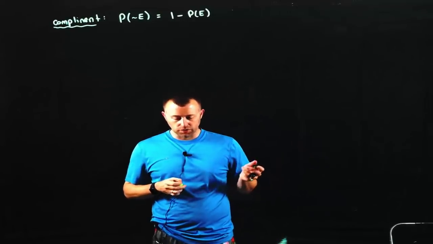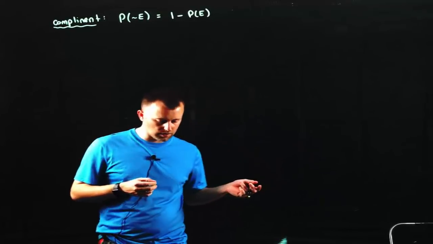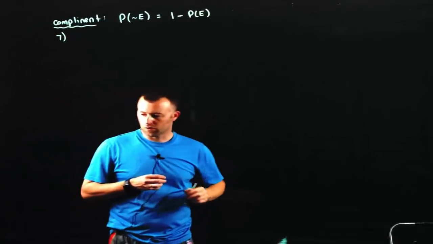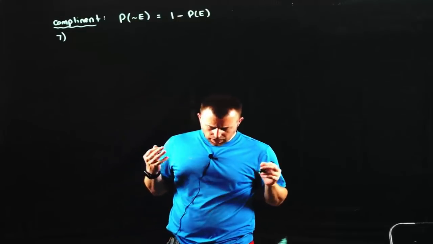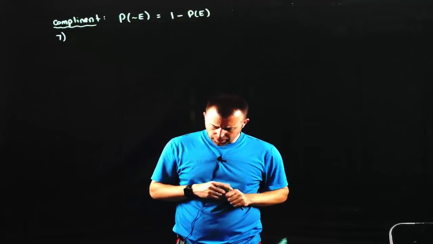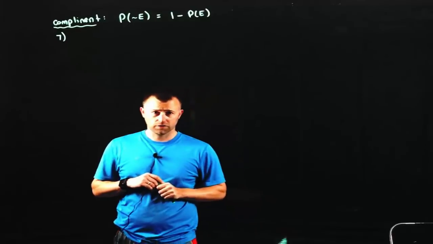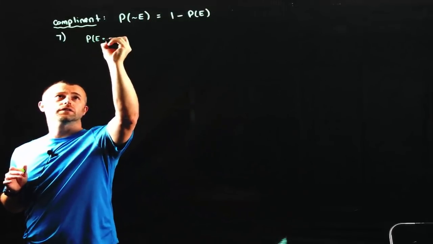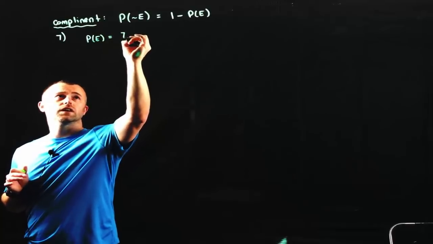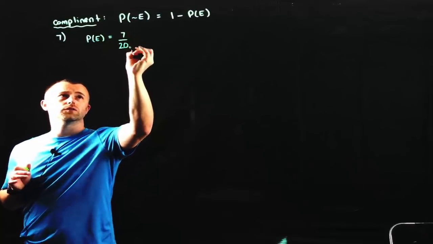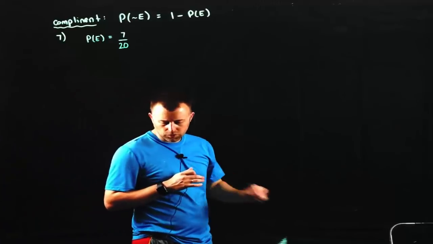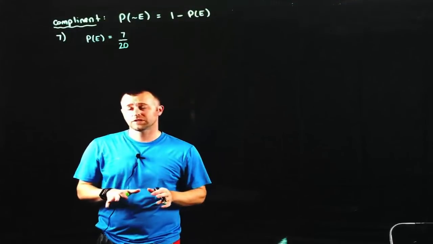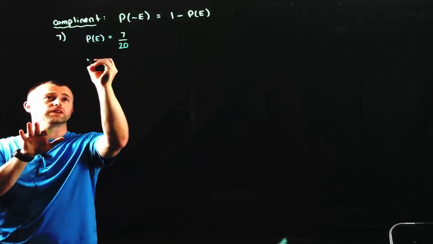And I'm only going to do this for number 7 and number 10. So I'm going to start here with number 7. And it says, the probability that it will snow tomorrow is 7 out of 20. So that means the probability of an event occurring, in this case, is 7 over 20. So what we're saying here is, what is the probability that it will not snow? So this is a very basic, simple one. So the probability of it not occurring,